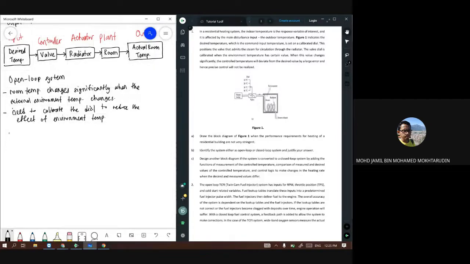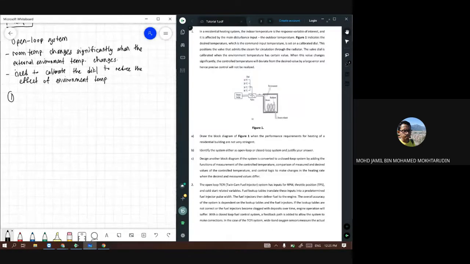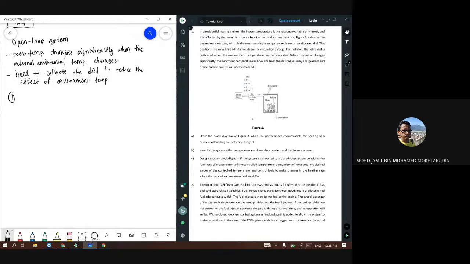Okay, so the first thing is you need to add something that can measure the temperature. So what are the things that can measure the temperature? You need to be specific. You cannot just write a sensor. Sensor is common, it's too general. You need to be specific on what kind of sensor can measure the temperature. So you can just put maybe temperature sensor or thermometer. Okay, so you need to add sensor, which is thermometer,